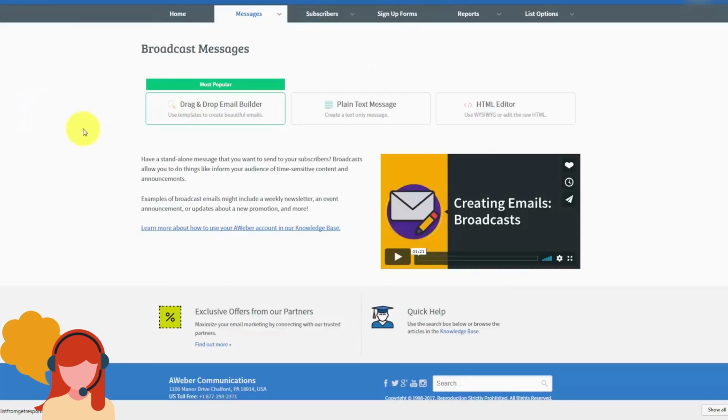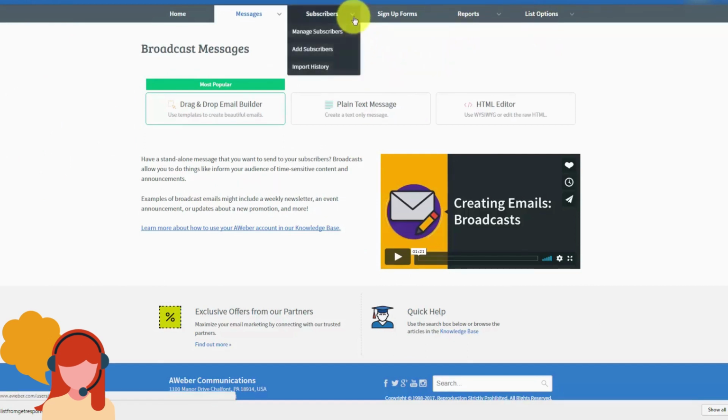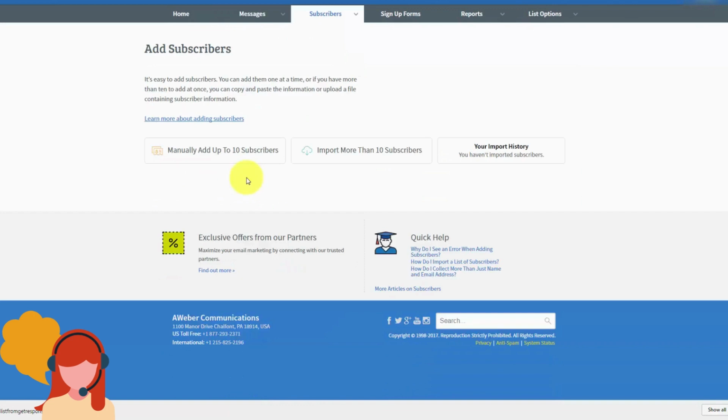What we're going to do is import that list in the CSV file into the list that we have just created inside of Aweber. We can do that by going to the subscriber area, and then clicking add subscribers. We're going to take a look at this button that says import more than 10 subscribers. We're then going to click this button and grab the file that we